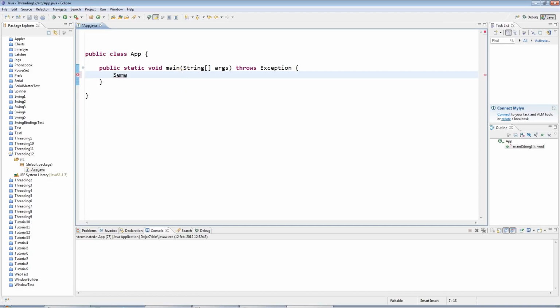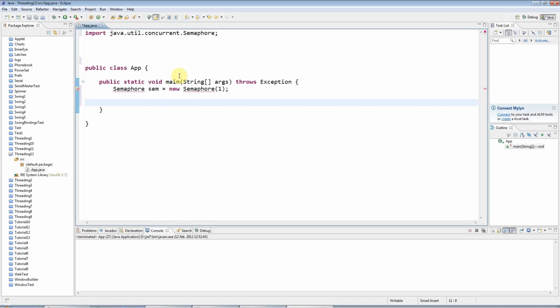So I'm going to start by creating a semaphore object here equals new semaphore like this, and I'll give it an initial count of 1. And a semaphore is an object that maintains a count like this. This is the count. And we refer to the count as the number of available permits of the semaphore, and you can get the number of available permits